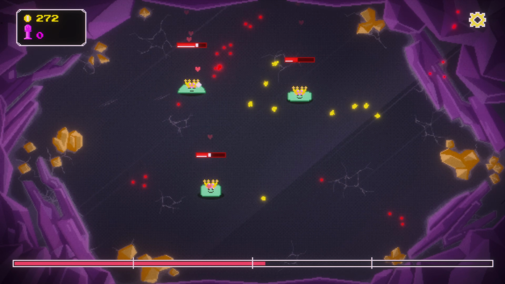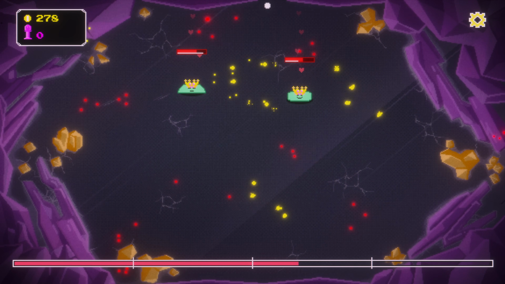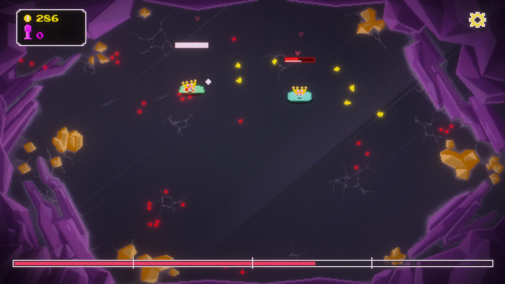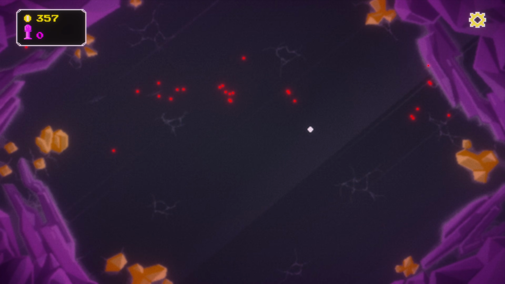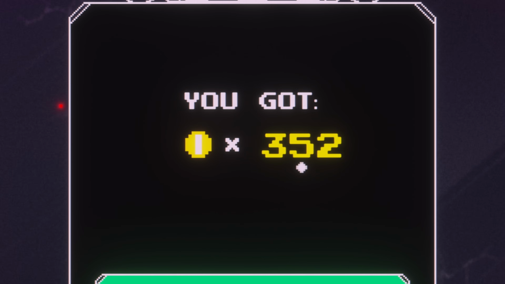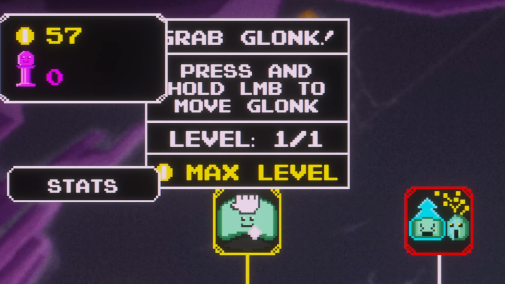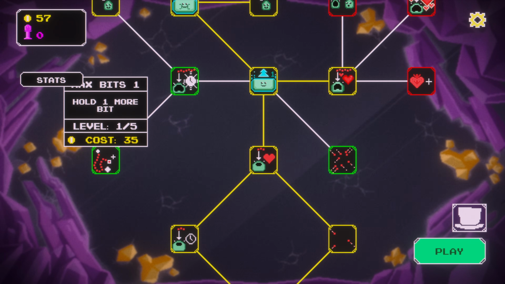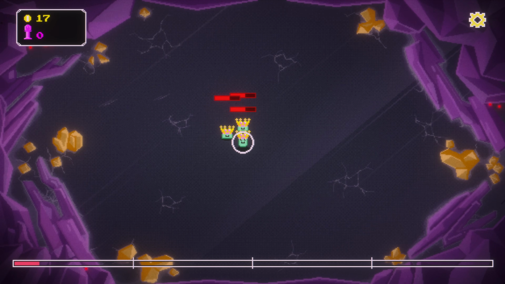But I think we definitely need more bit spawning. And there goes one. They're not dying from family disputes, they're literally just dying from malnutrition. But we're at the 4th stage already, and my goodness, their health goes down fast. But 352 in a single round, that's a new record. And just because I want it, we're gonna get the ability to yoink Glonk around a little bit. And maybe hold more bits, but we also need more spawn rate. More spawn rate, I think. So we can just take all of them and move them directly in a circle. Or...